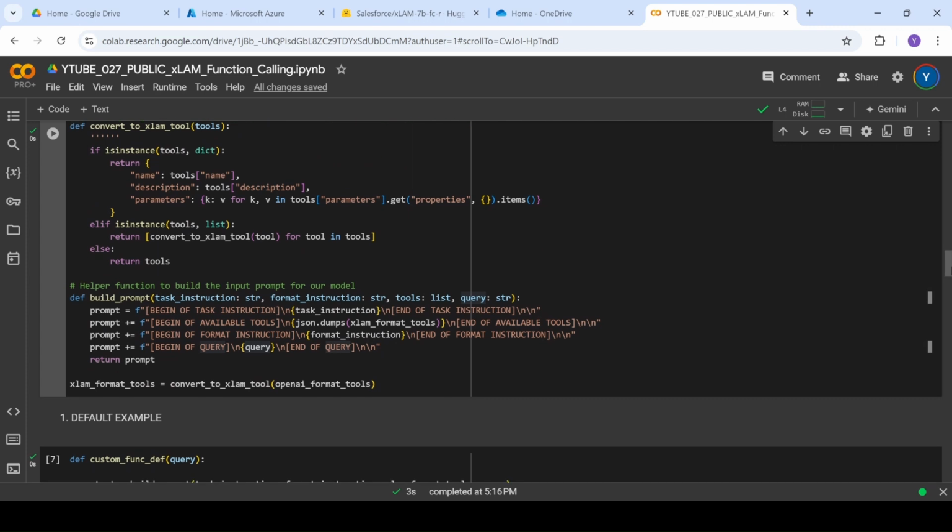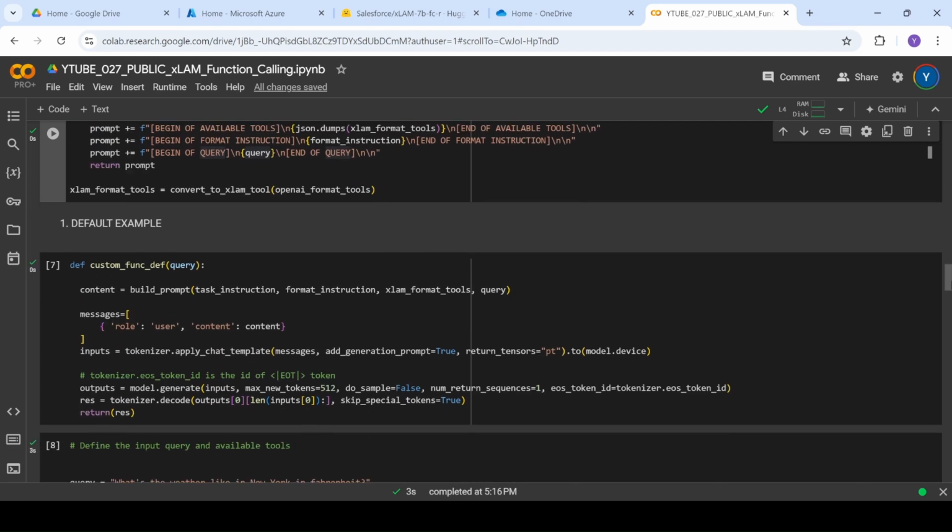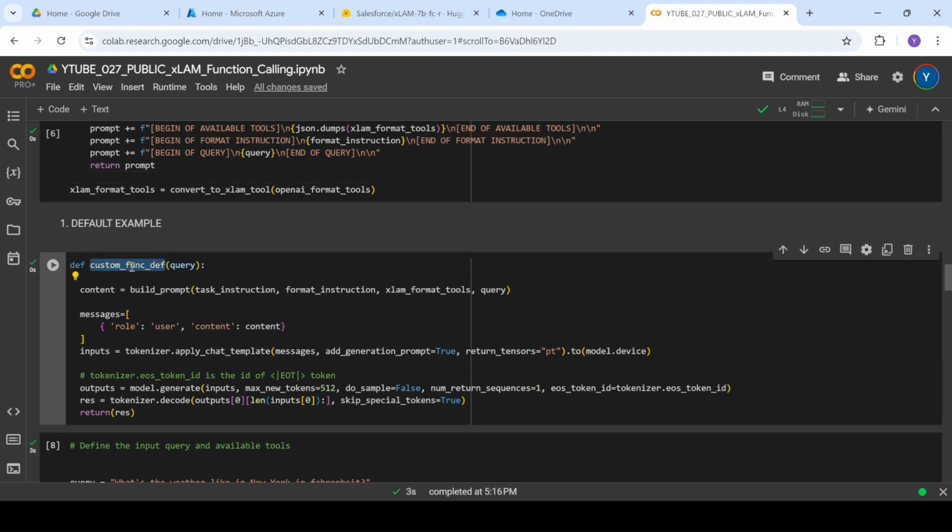So what is going to happen is once we load this model, we provide it some query, then we try to map these results, we'll get the JSON response, and I will just show how exactly it will look like. These are the default examples which are provided in Salesforce documentation. So here is a function,